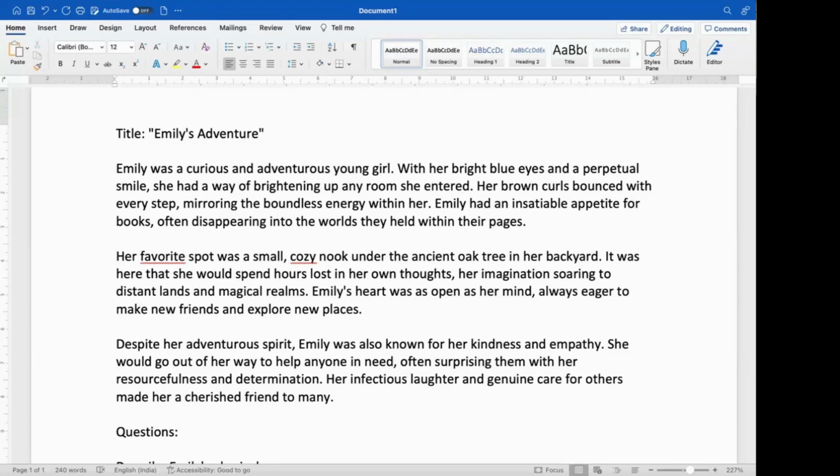Like how it's depicted in the text, no one really hated her. She was kind to everyone and she helped people out, so you can say she helped everyone out. Okay, very good, Krish.